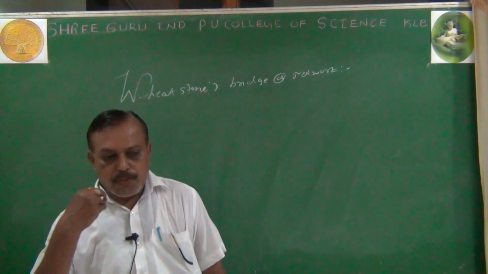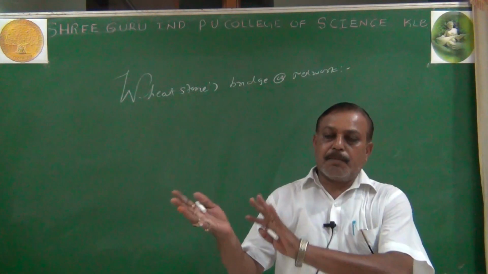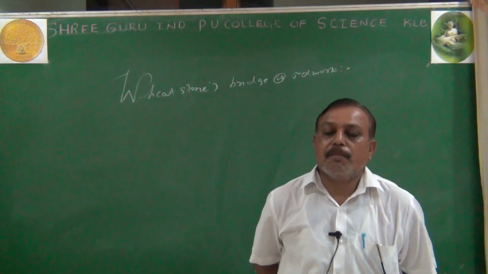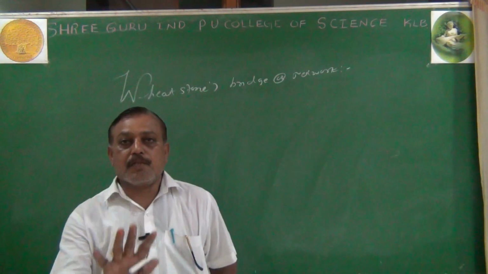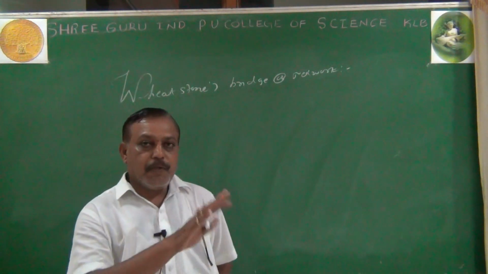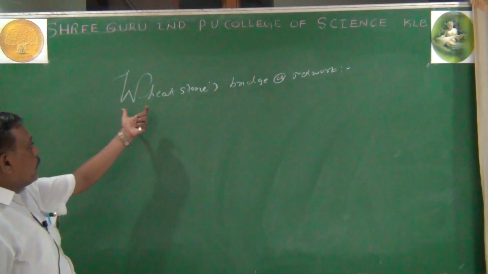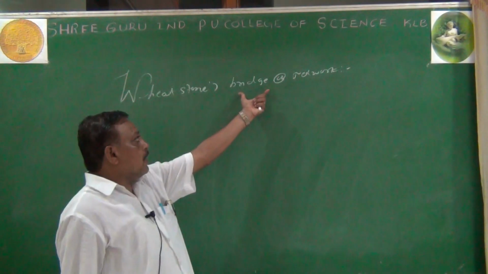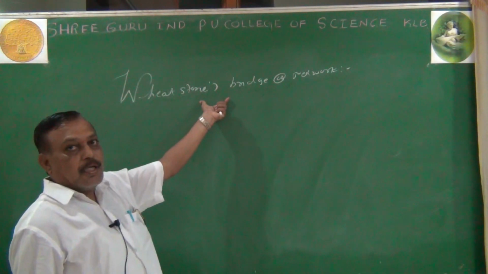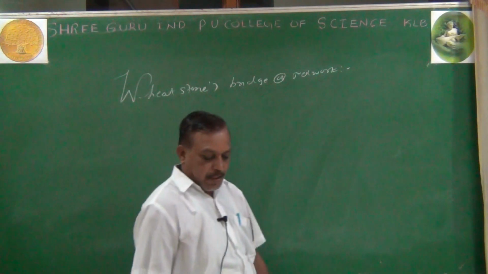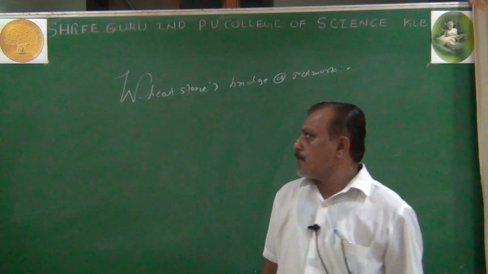By using this Wheatstone network or Wheatstone bridge, there is a device which is completely based on it, called the meter bridge. The meter bridge is based on the principle of the Wheatstone network. After this Wheatstone network, we come to the meter bridge. So this Wheatstone bridge was designed by the scientist Wheatstone in 1843 to calculate the accurate value of resistance or the comparison of resistance.